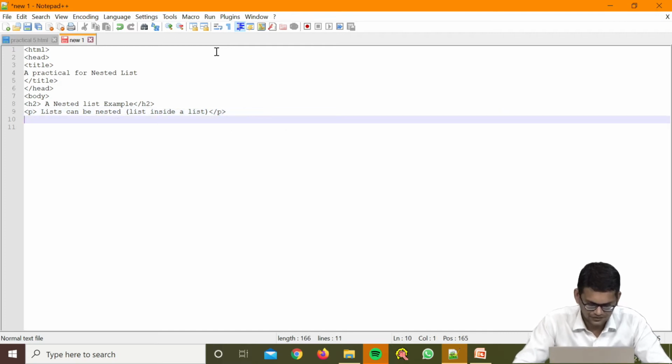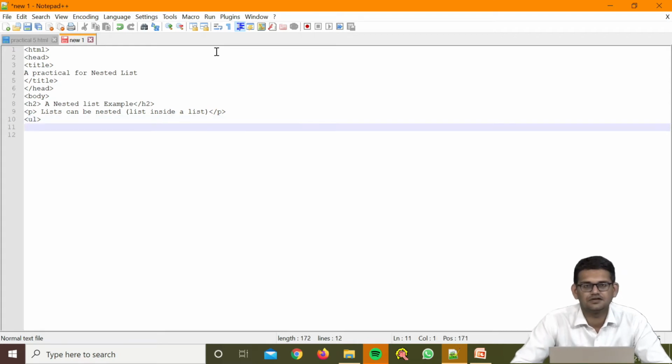Now we will start with the unordered list, as we discussed in the procedure. Within the unordered list we create rows by using li.